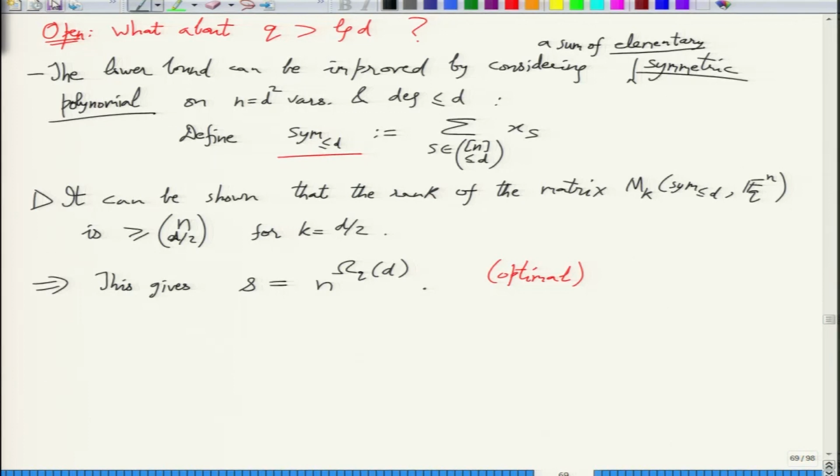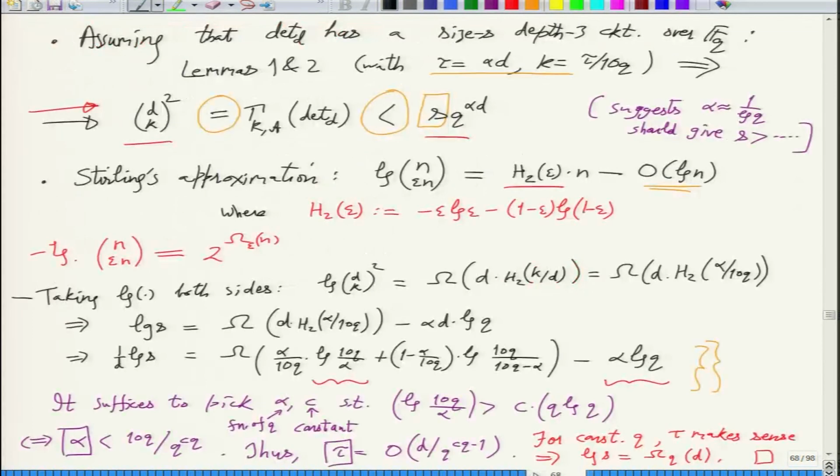And in this case, how large can Q be? No, the proof is the same. Rest everything remains the same. Calculations are all the same. Just in the case of determinant, we could only show a rank lower bound of this d choose k whole square, which is anyways bounded by 2 raised to d, 2 raised to omega d. That was the fundamental limitation.